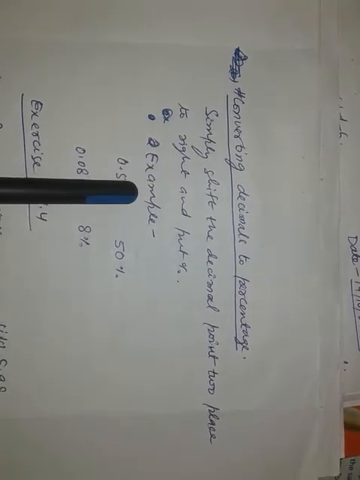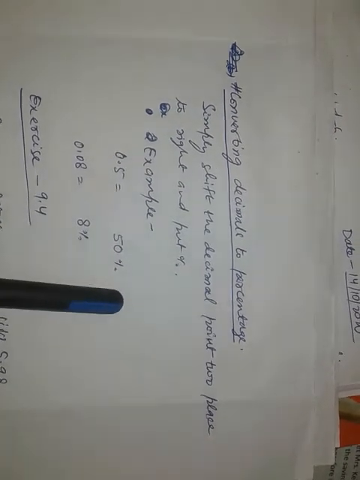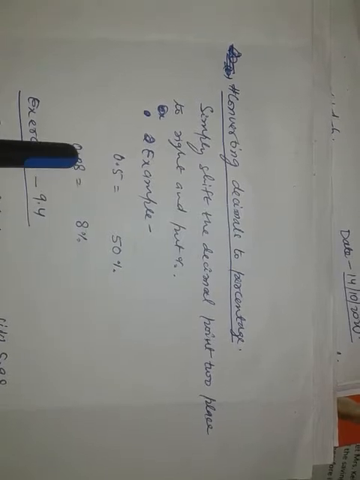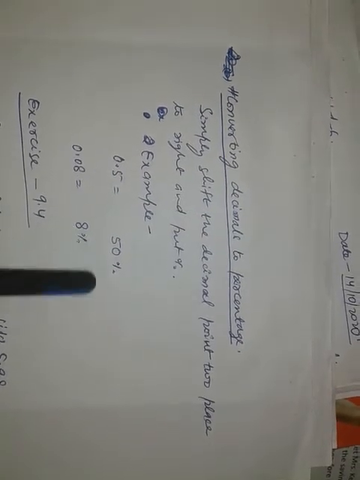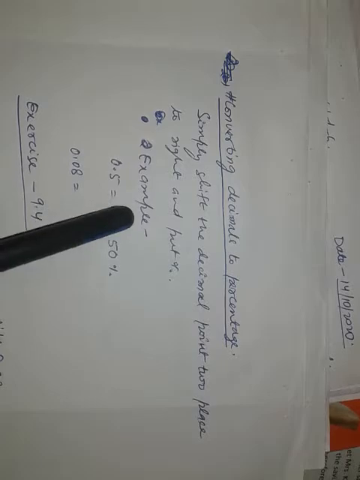So 1 place, and after 1 more place, that is 0. So here we get 50, that is 50%. Like this we simply solve it. Now, from the exercise